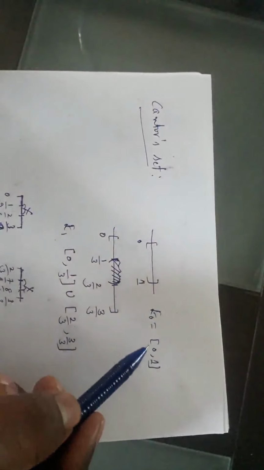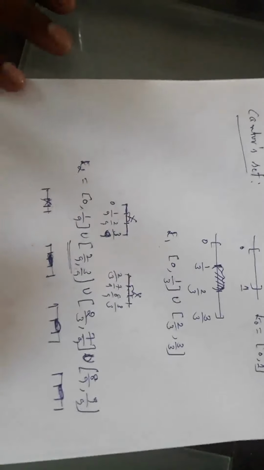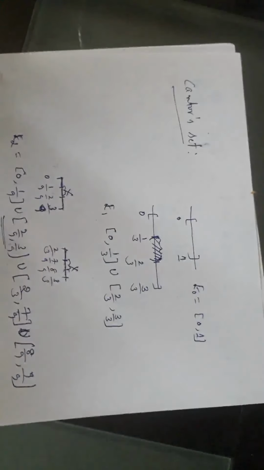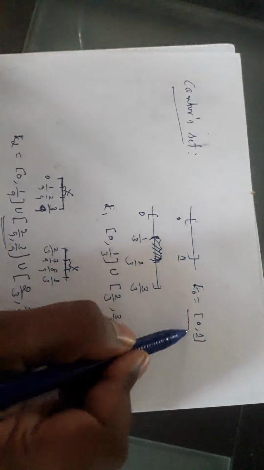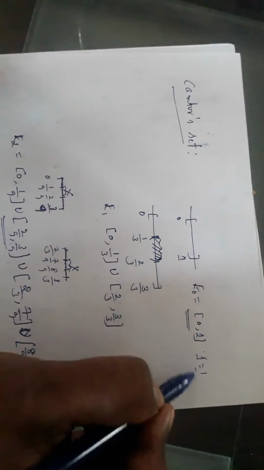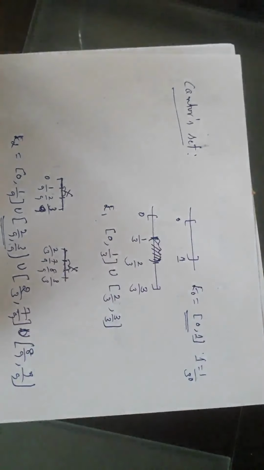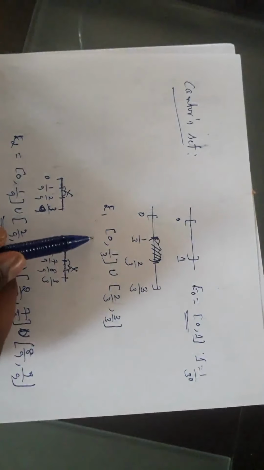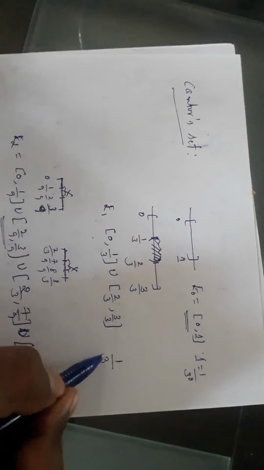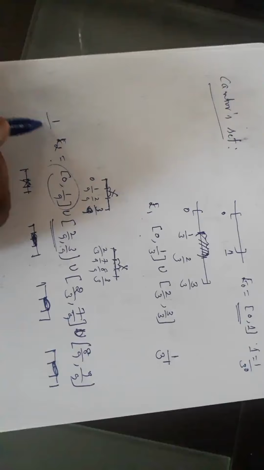Just think about this: if you visualize these 3 sets E0, E1, E2, it is enough to think about what will happen. See, first of all, what is the length of this interval? It is 1. Can I write it as 1 by 3 to the power 0? What is the length of this interval? It is 1 by 3. Can I write it as 1 by 3 to the power 1? The length of this interval is 1 by 9. I can write this as 1 by 3 squared.